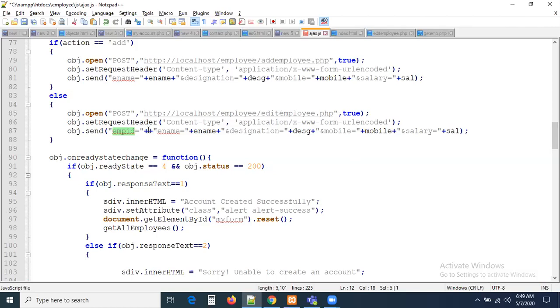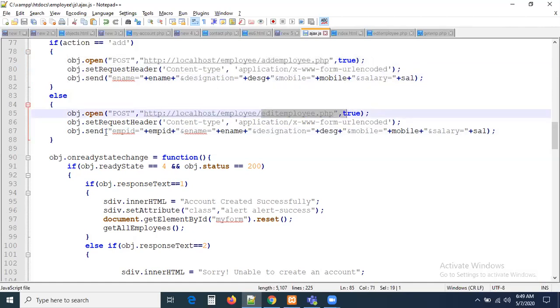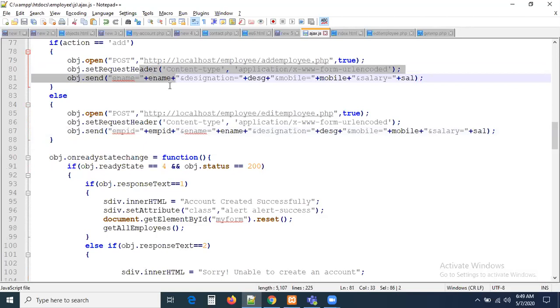If you click the edit button, this should be an and here. I mean, each and every key should be separated. Key and value pair should be separated by the and symbol. So if a user clicks the add button, this data will go. If a user clicks the edit button and a request, where is the request going? The request is going to edit employee and we have to send the ID also. Why do you have to send ID? Which record should be edited here? This is just for inserting. This is just for